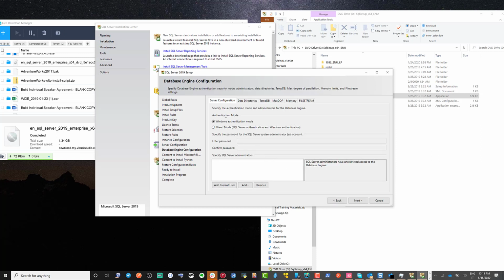and as for authentication mode, let's add. So I've added myself, the current user, and I think I'm going to do the mixed mode. So I'm going to give myself a password. Okay, so I have done the mixed mode. I click on next,